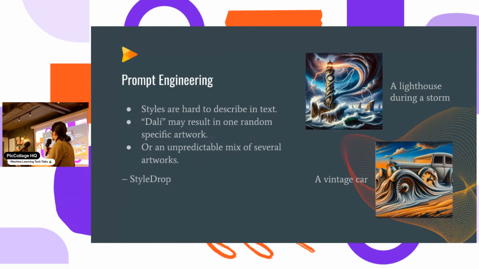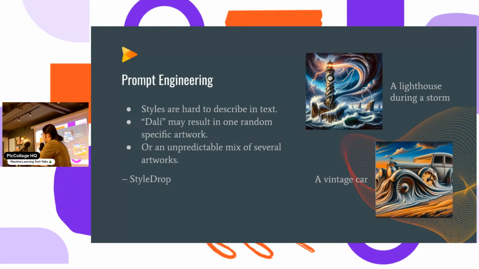So why not just use prompt engineering? The problem is that sometimes style is hard to describe in text. It's hard to describe the abstraction of the artwork, or the brushstroke, or the composition to a certain degree, or very distinctive or unique features. And if we're lucky enough that our style reference comes from a very famous artist like Dalí or Van Gogh, then it would probably be learned by the model in the training data, right?